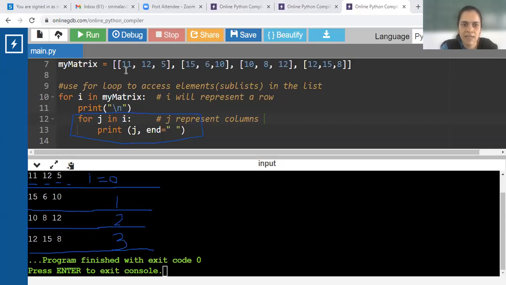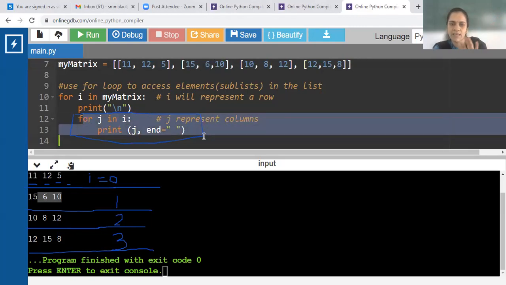So in this matrix, there were 3 columns, 0, 1, 2 index positions. So this J varied 3 times. If there were 5 columns, the inner for loop will execute 5 times. If there are 6 columns, the inner for loop will execute 6 times. Are you able to understand?